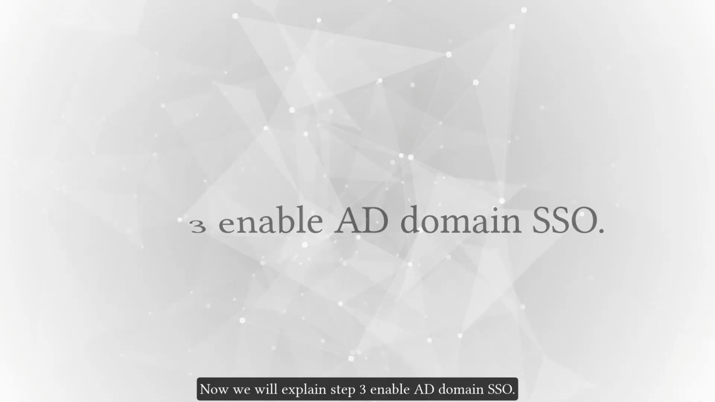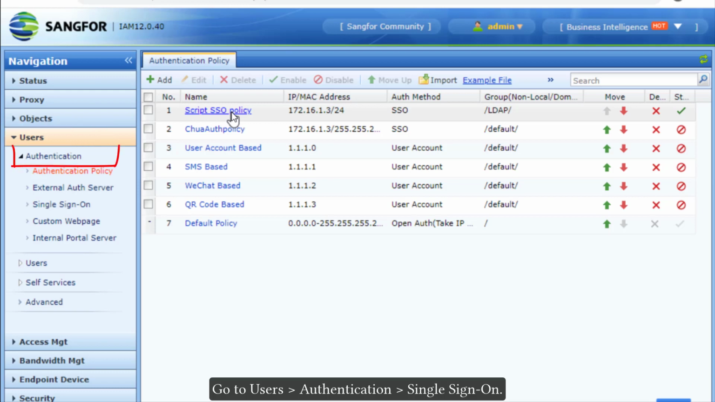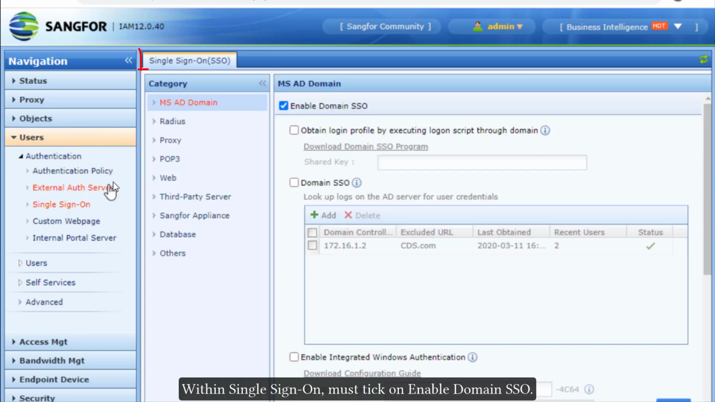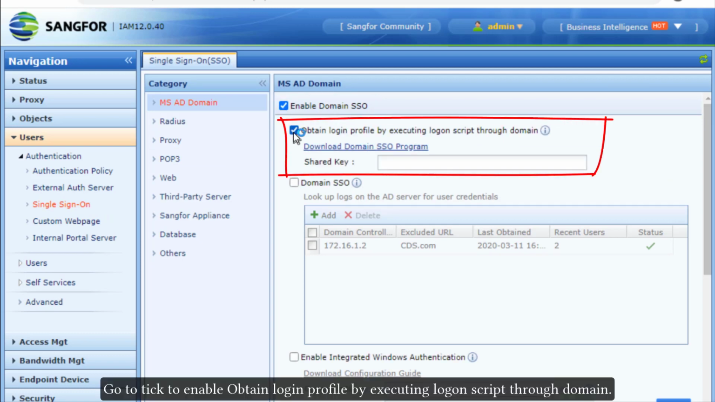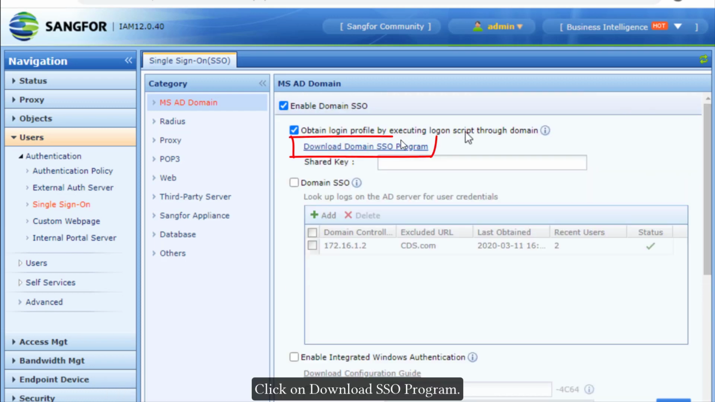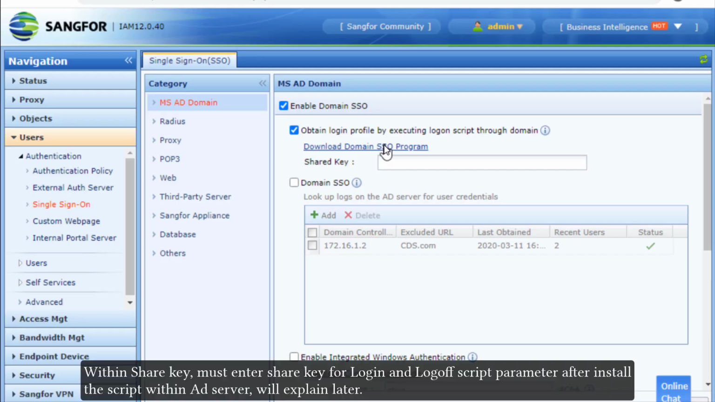Enable AD domain SSO. Go to Users, Authentication, Single Sign-On. Within Single Sign-On, tick Enable Domain SSO. Tick to enable Obtain Login Profile by executing logon script through domain. Click on Download SSO Program. Within Share Key, enter the share key for the login and logoff script parameter after installing the script within the AD server,